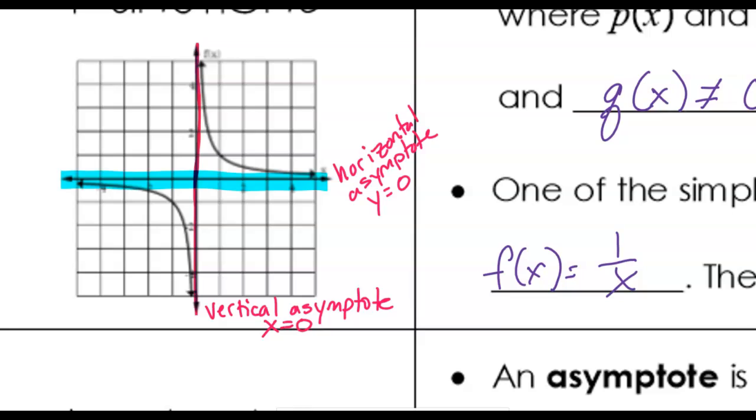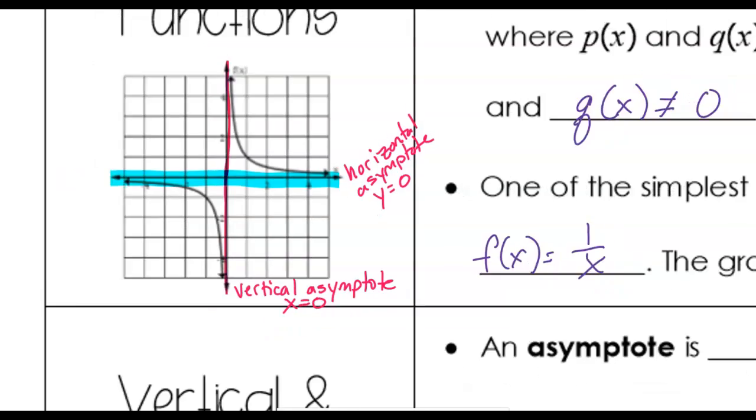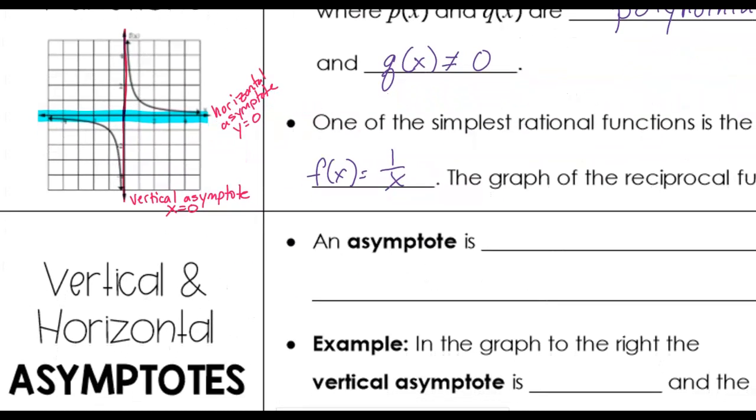Based on different transformations happening to this graph, these asymptotes will move. They will move. But this is our parent function. This is where they start. And an asymptote, by definition, is a line which the graph,